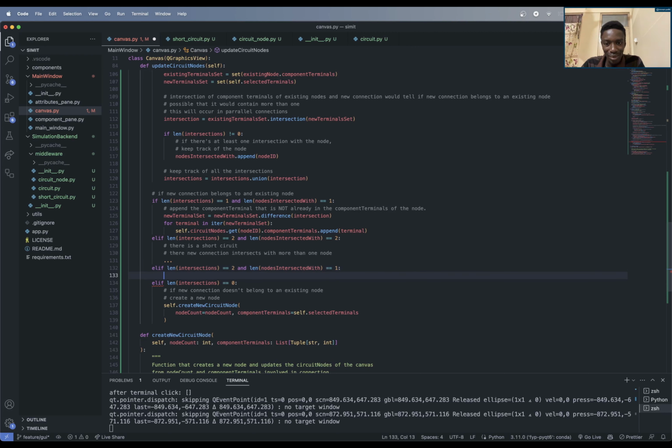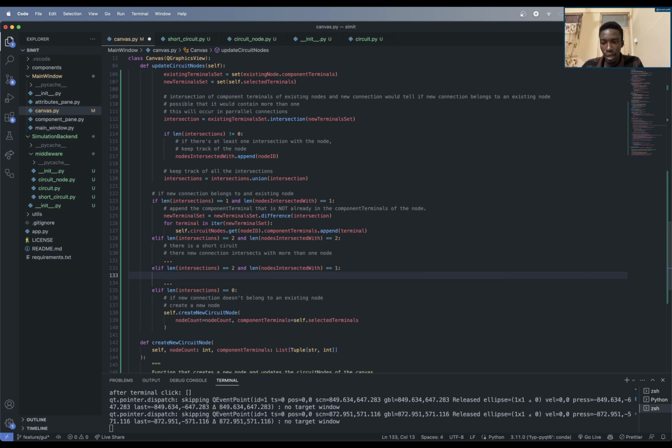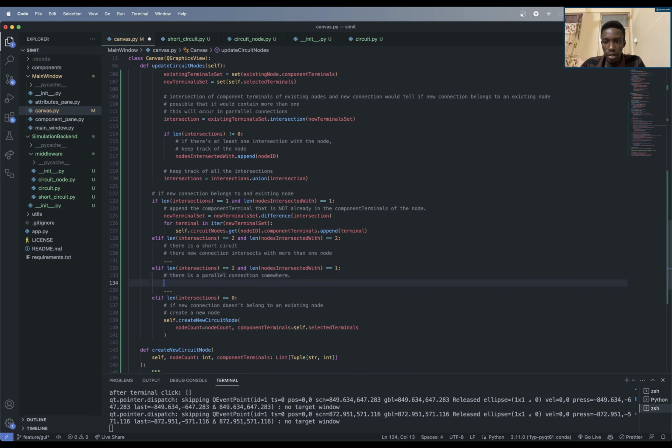In this case, put a pass here first. In this case, it means that there is a parallel connection somewhere. So what we'll just do is to basically try and append